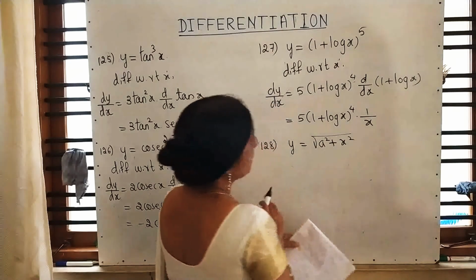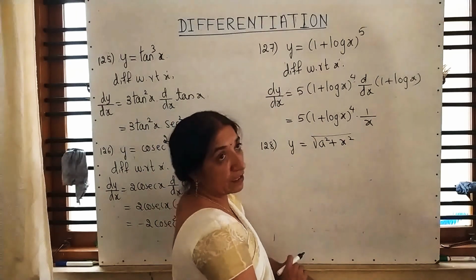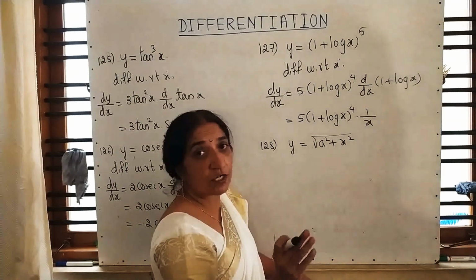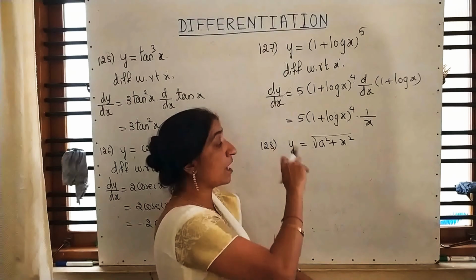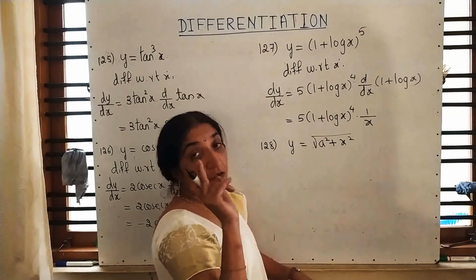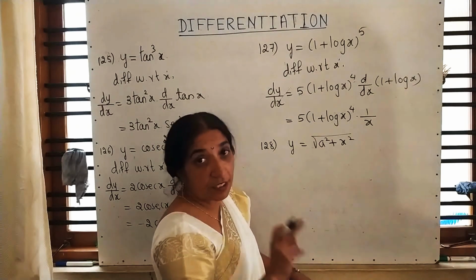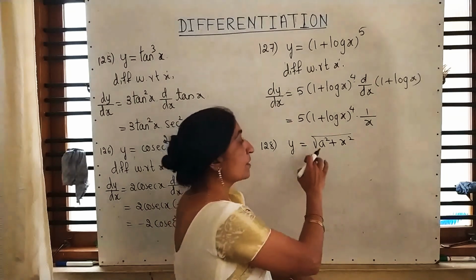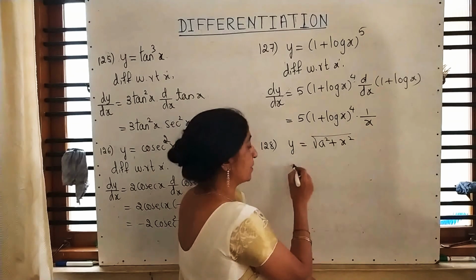Yes. Here, when you see this example, which formula are you remembering? See, is it in the form of root x or what? Instead of power, it is a half. Half is nothing but root. So what is the differentiation of root x? Differentiation of root x is 1 by 2 root x. That means we differentiated the root first.